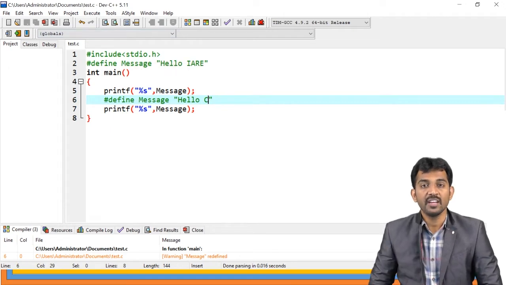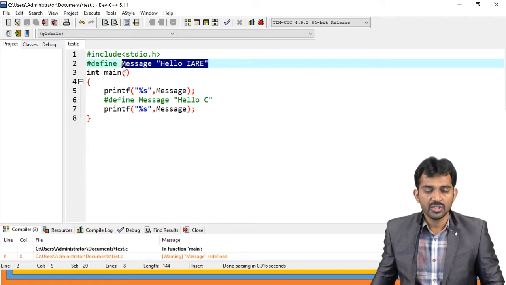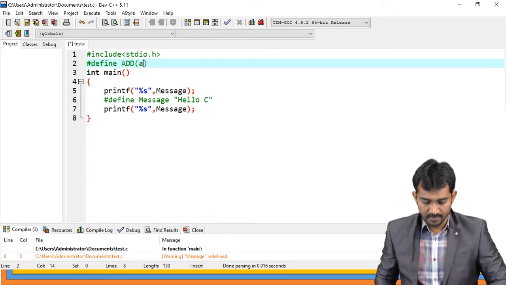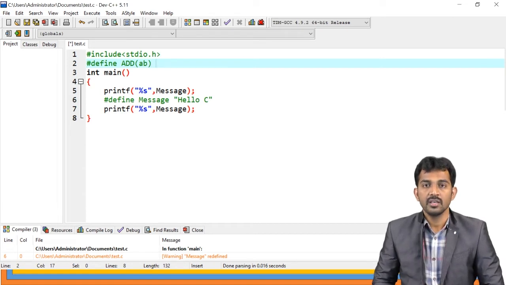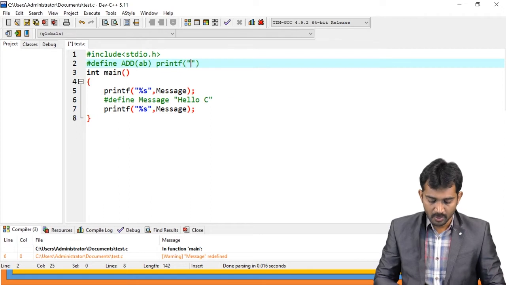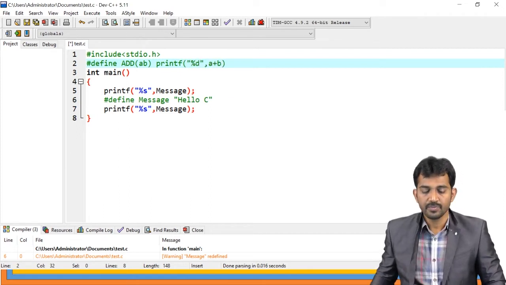For example, if you want to create one function, the function name is addition: add of a comma b, and here printf, observe clearly, percentage d comma a plus b.